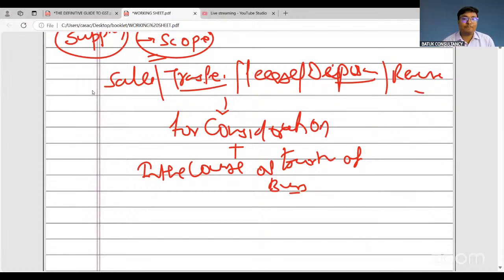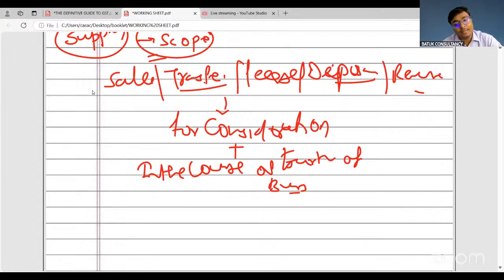Rental deposits. Sir, very soon we'll discuss this deposit part as well. Yes, barter and exchange will be covered. Everything is there in our book. I just want to clear the basics of this supply now, then we'll include one thing, because I don't want to discuss everything in one shot.